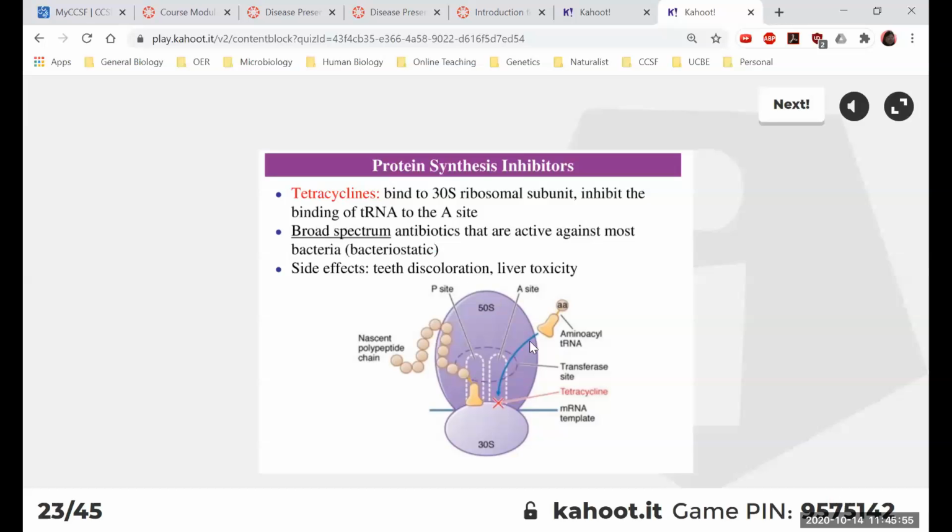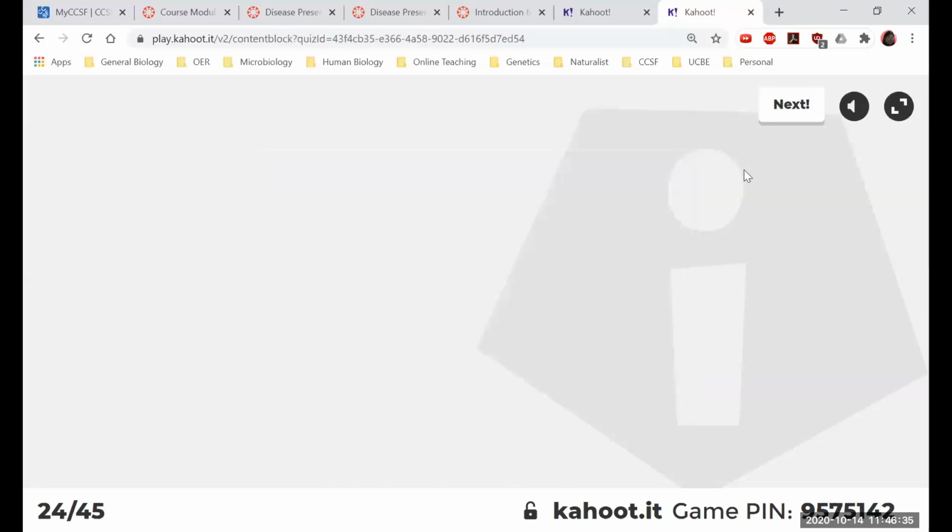The problem with tetracycline: it was actually pretty widely used back in the day, I think maybe in the 60s and so on. Then they figured out that after people were taking tetracycline, a lot of their teeth were turning yellow. So that is a pretty significant and noticeable side effect. That's why tetracycline is not being used as widely now. It can also be toxic to the liver. It is still being used, and of course there are other tetracycline-derived drugs like doxycycline that have lower side effects. It's just not used nearly as widely as at some point.